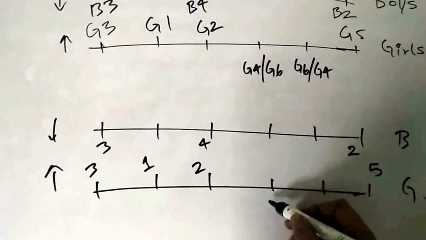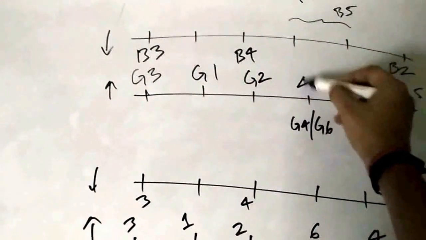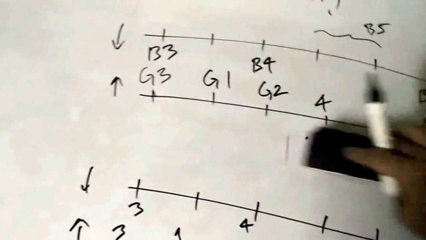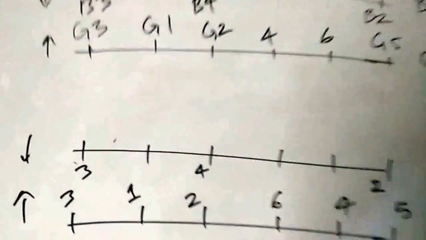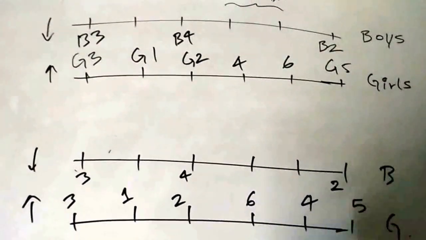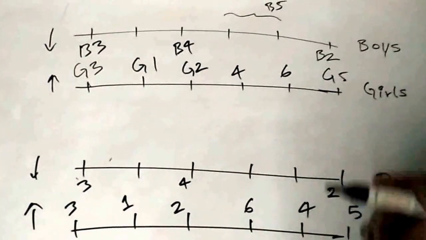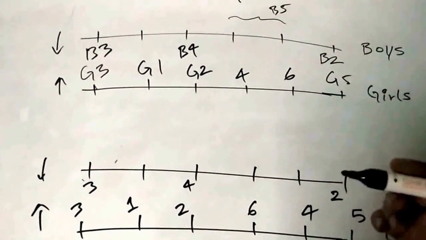Now how will this help me? If I place 4 and 6 here, and 6 and 4 here, it makes it easier to think. Now I can assume that 4 and 6 are here, and 6 and 4 there. So whenever I apply something new, I apply it to both of these diagrams. So this makes it easier.